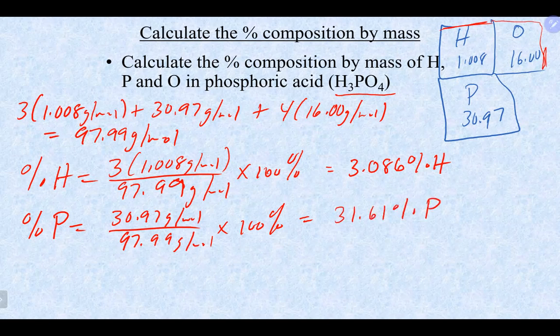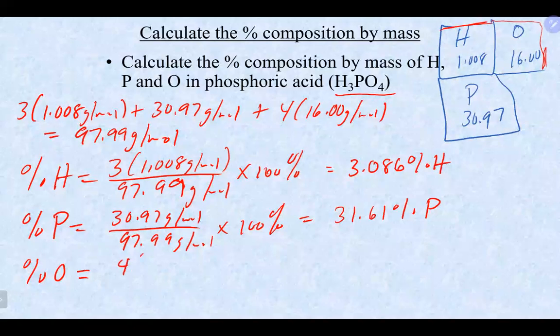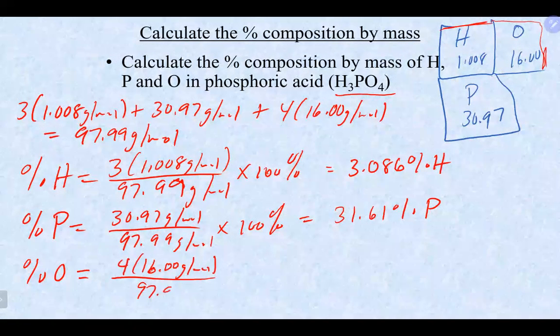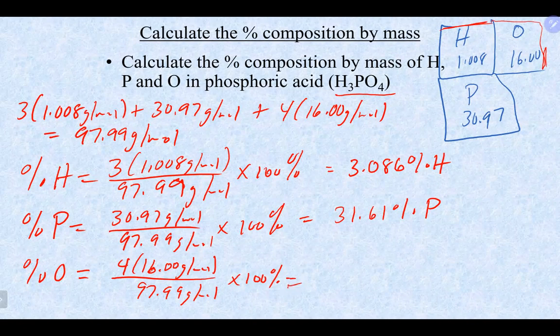31.61% phosphorus. And lastly, if we worked out the last element here, the percentage of oxygen would be 4 times 16 divided by 97.99, and also again times 100%. That is going to get us 4 times 16 divided by 97.99 times 100%. Looks like 65.31%